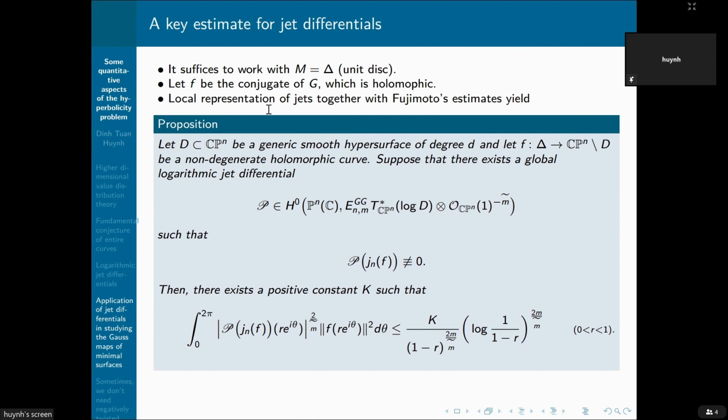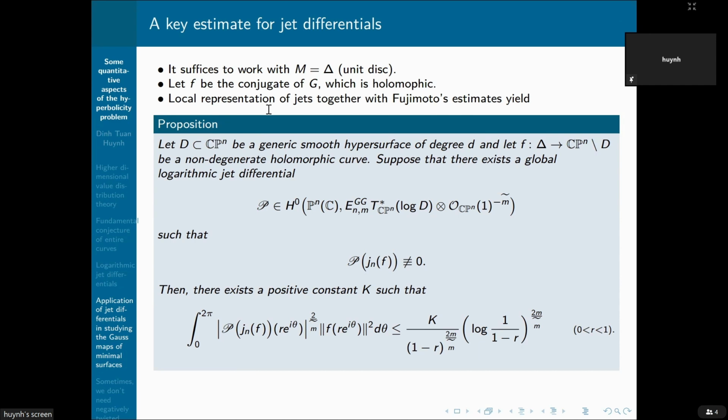For C, we are in the setting of an entire holomorphic curve. So this is also the hyperbolicity question. And now we play with the unit disc. Because the key estimate is that if you have a logarithmic jet differential of vanishing order m theta,